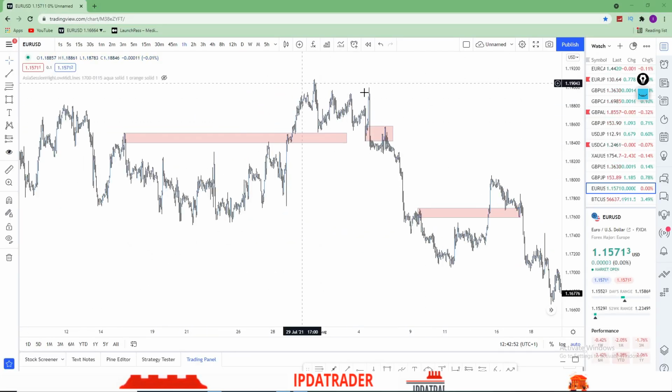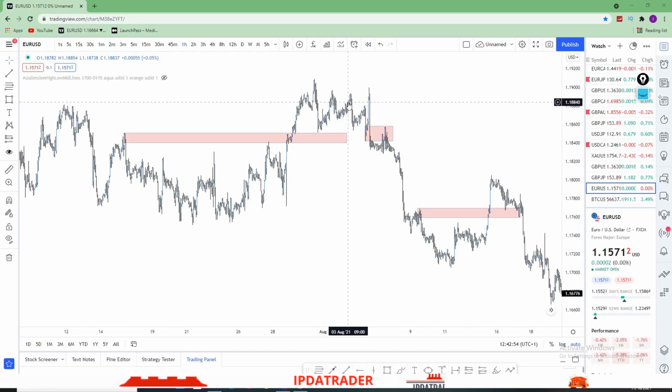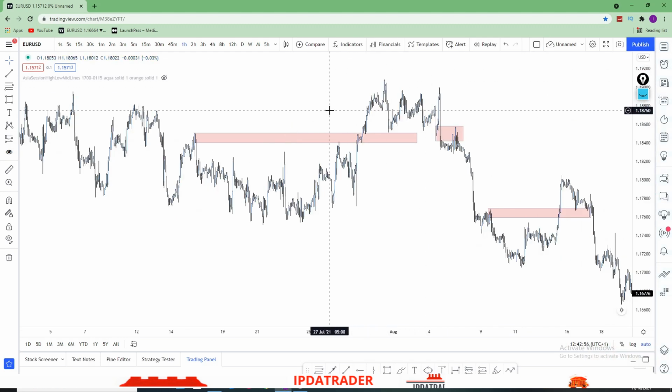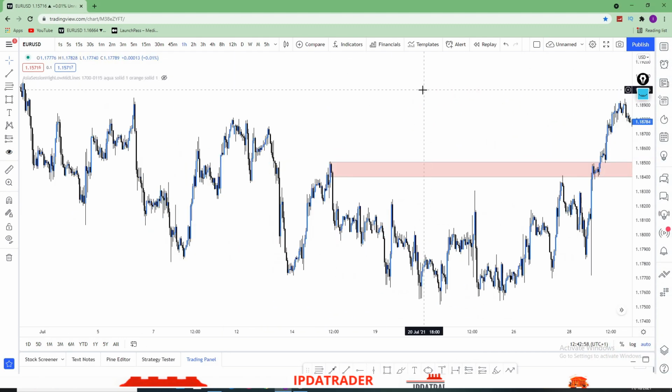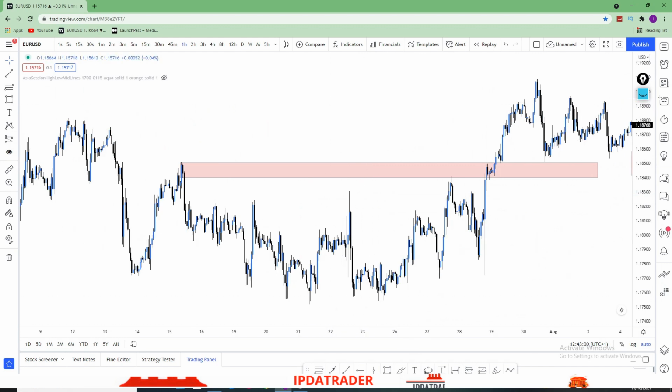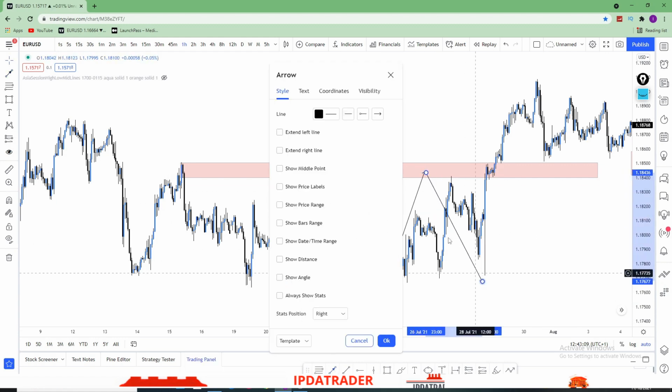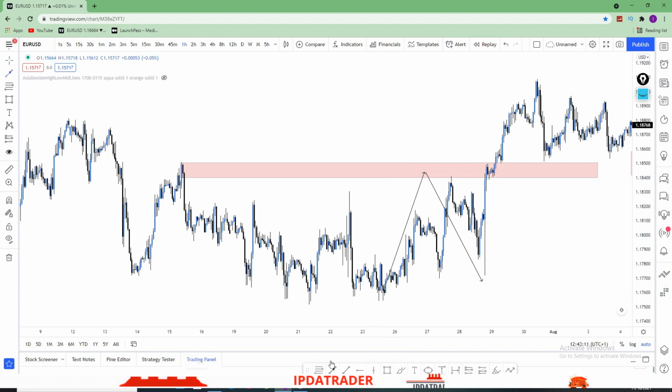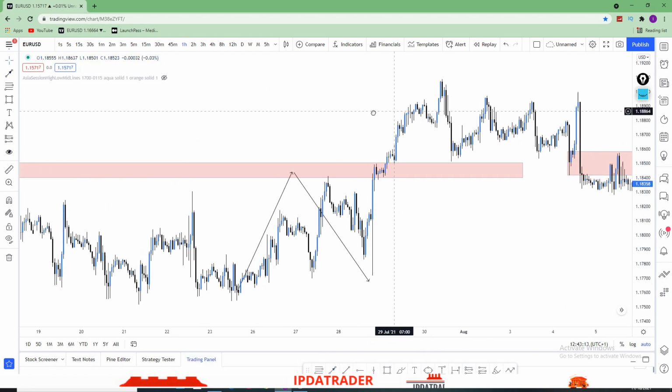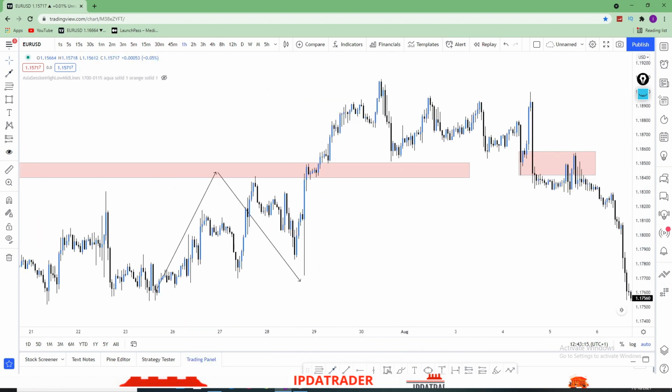And I've selected a couple of examples over here so that you can take a look, right? Let's start with the one to the left. So as we can see, right, if price was to continue down over here, it should have hit this block and continued lower, hence why this is a valid bearish order block. Now once we break above it, and you can see big candles on the way up, one here, another one here,